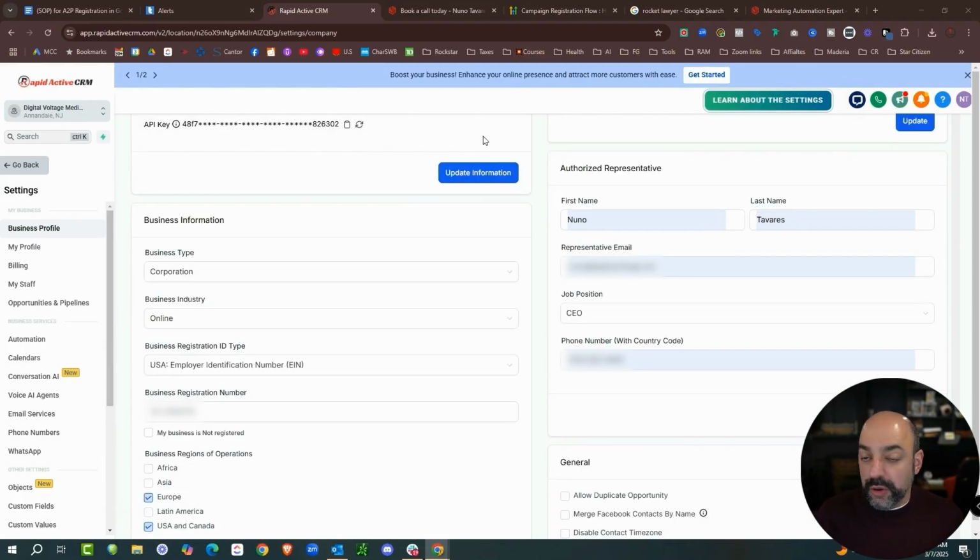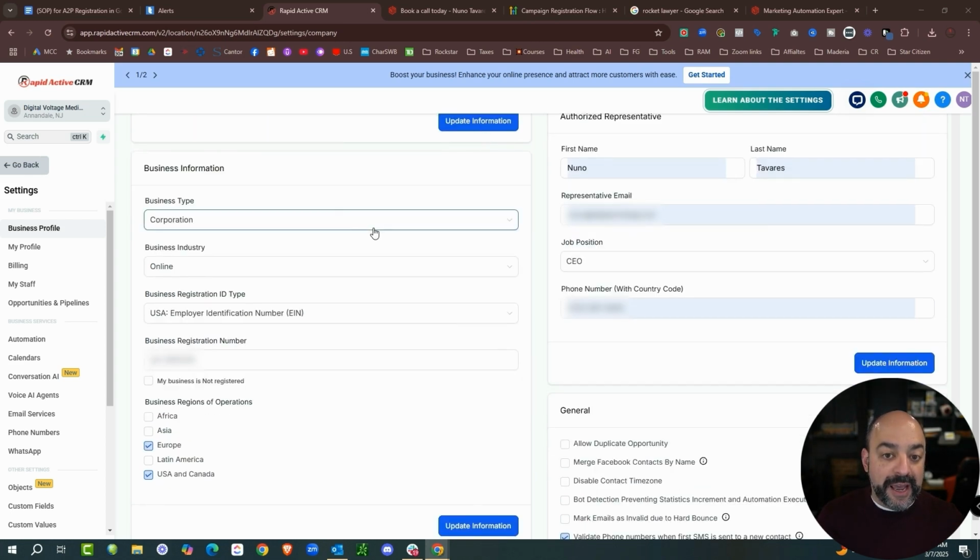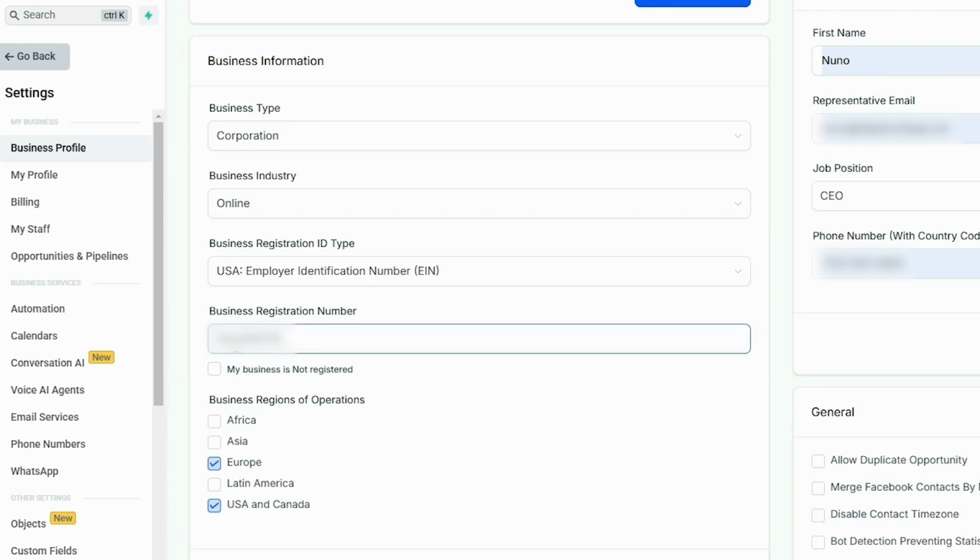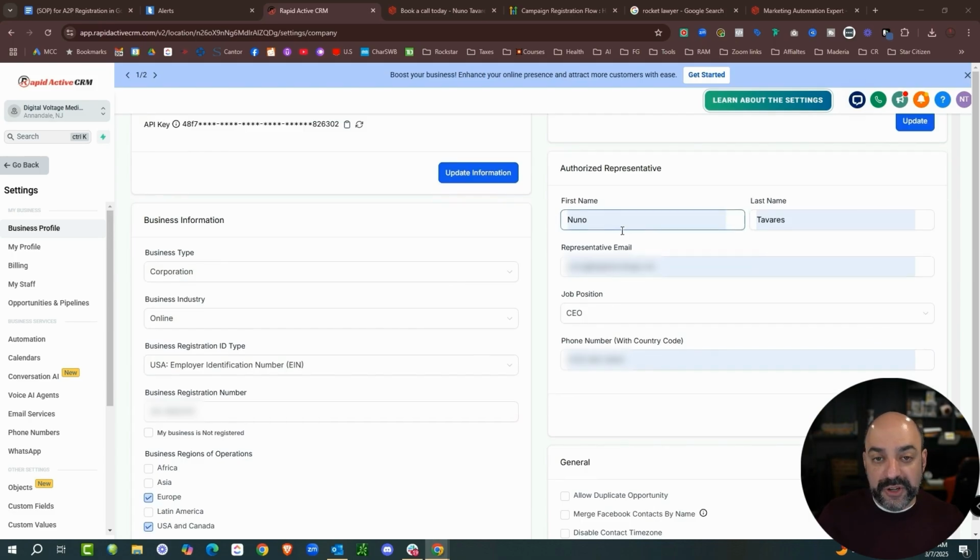Once my actual name and phone number has been registered, the next thing you want to do is come in here and make sure that you are putting in here the way you've been legally filed, whether it's an LLC, an incorporation, whatever it is. And you want to make sure you put your business registration number in here, which is your EIN. And then you're going to want to put yourself as the authorized representative. And you got to make sure that the contact information here actually goes directly to you. So there's no issues in anything as far as like them being able to get a hold of you, right? So that's the first thing you want to do.